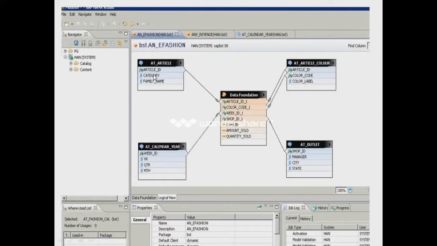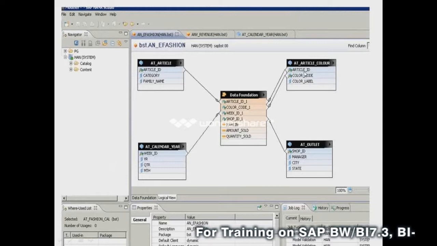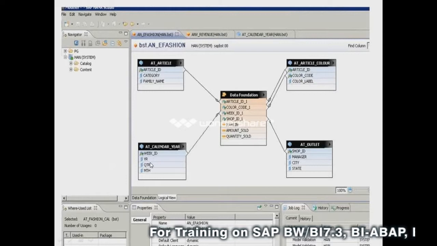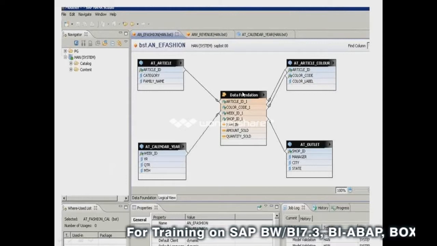At reporting, connectivity options, Excel reporting on HANA, Business Objects, BI4 Explorer, and the Information Design Tool also I will cover. This tool is useful for both HANA and BW as well. I will show how to use Web Intelligence and Crystal Reports via ODBC or JDBC connections, and Information Composer. We will cover each and everything. This is the proper content which is delivered by SAP. After completion of my training, you can also go for certification with no doubt.